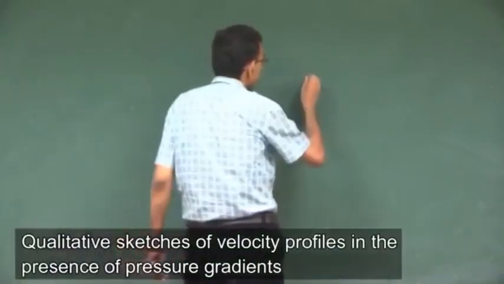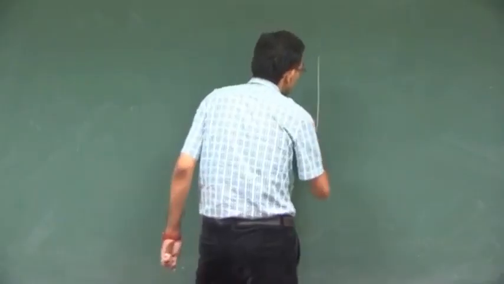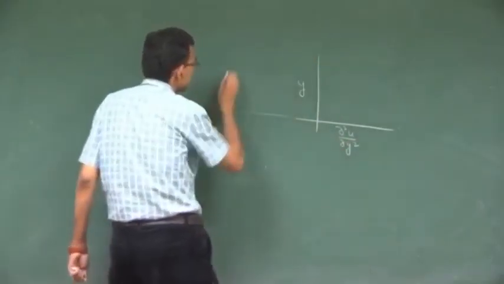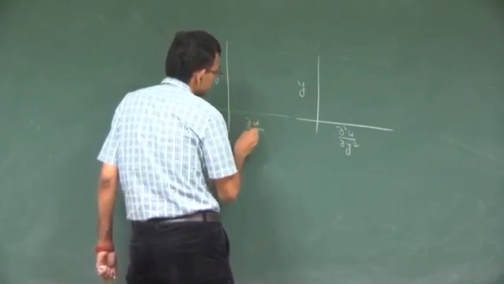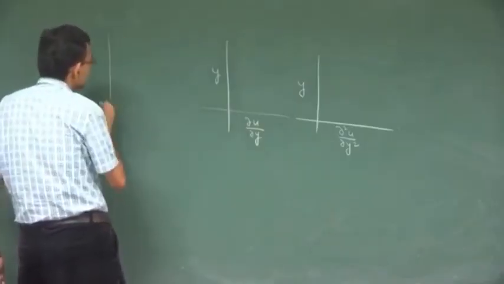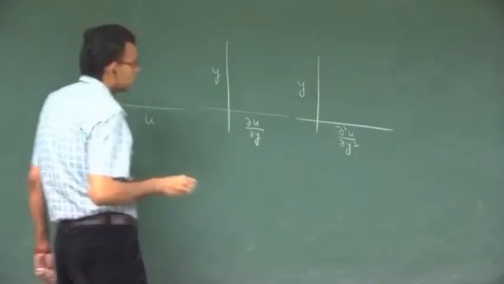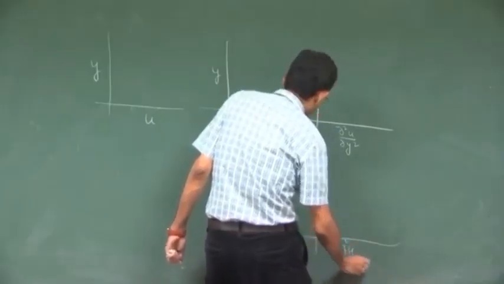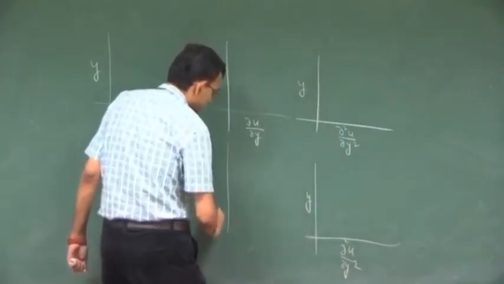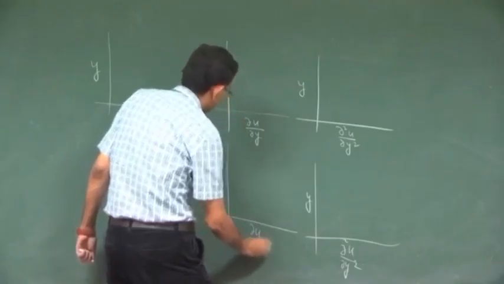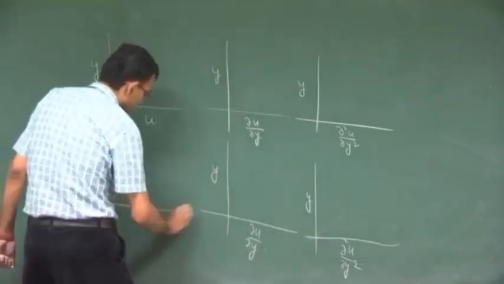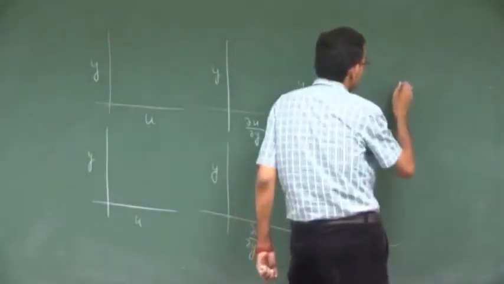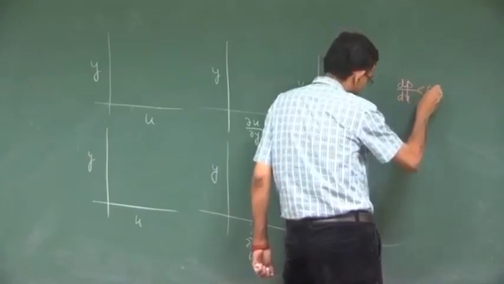So, we will make a plot of this case for dp dx less than 0 and this will plot as dp dx